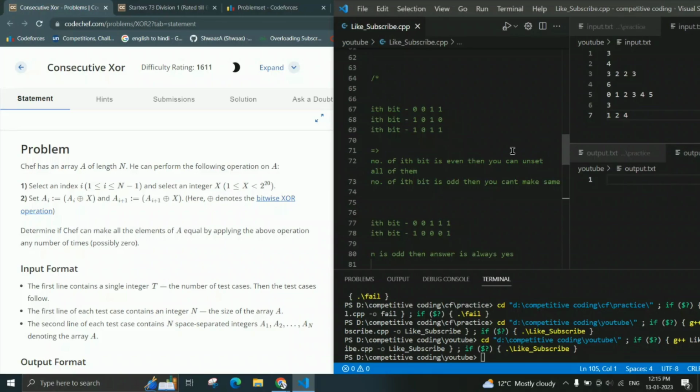Hello everyone, today we are solving the problem Consecutive XOR, Starters 73 Division 1. We are given an array A of length n. We can perform the following operation on A. We can select an index i between 1 and n minus 1. It means we can't select index n, the last element's index. And we can select an integer x in the range less than 2 to the power 20,